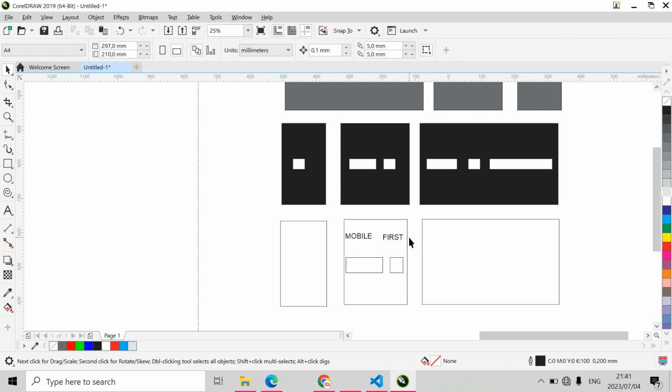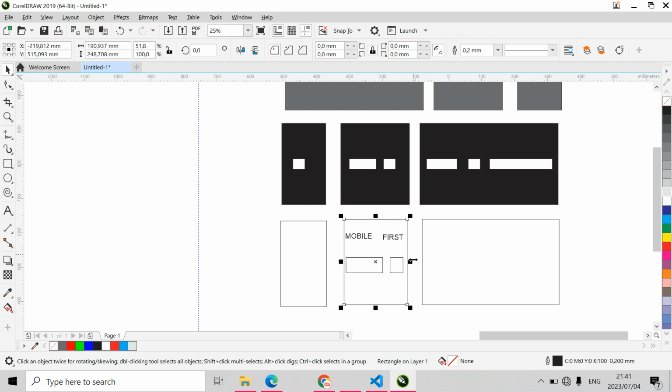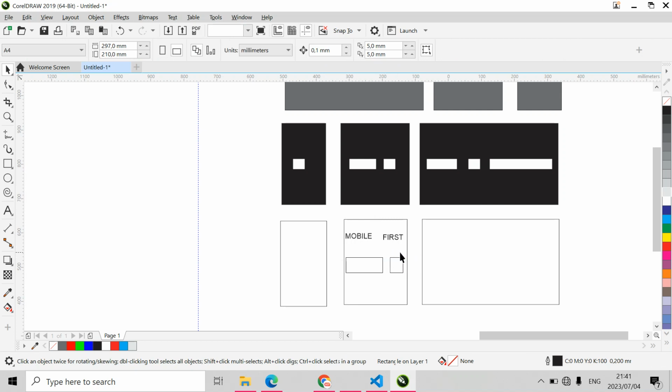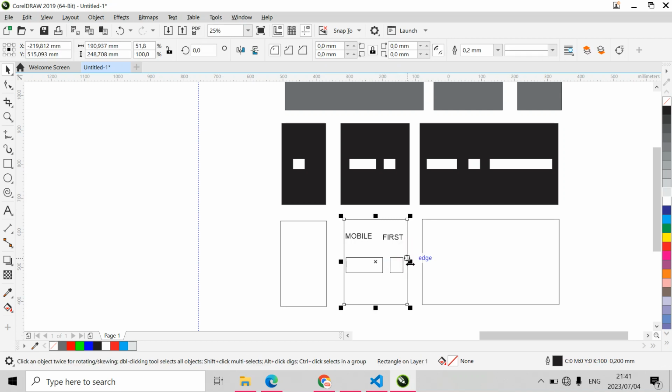Okay, so the closer and closer we move, we might feel like, I think somewhere here we will have to have some sort of a breakpoint in the middle. Somewhere here we will need to have a breakpoint before we reach this one. However, based on our responsive knowledge, as you can see,